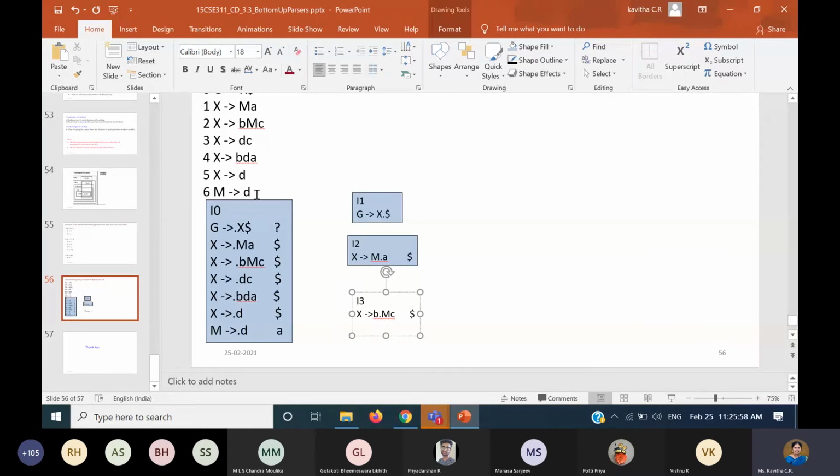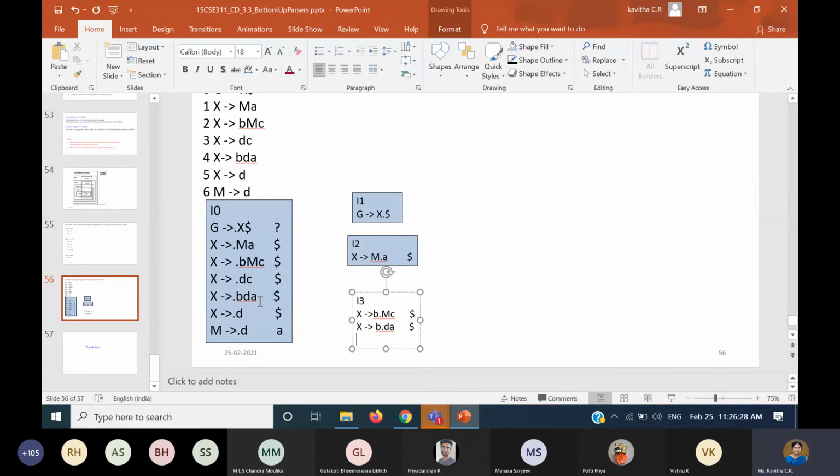But you see whether any other rule has got b to be read. Yes, here also we have b to be read. So that also has to be listed because it is a DFA, it cannot be NFA. So we have to finish everything in one step. So here also I am going to read b. So it becomes b dot small d small a, and the lookahead symbol we just copy. So that is done. Anywhere else we have b to be read? No, because here we have taken already, here also we have taken, that's all.